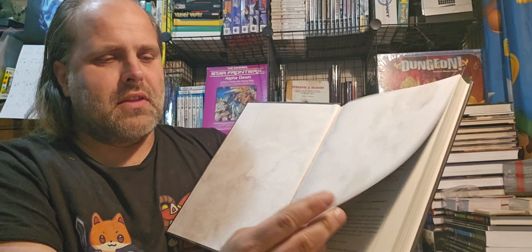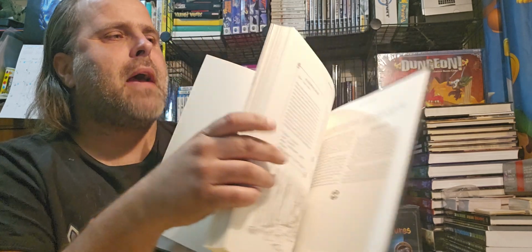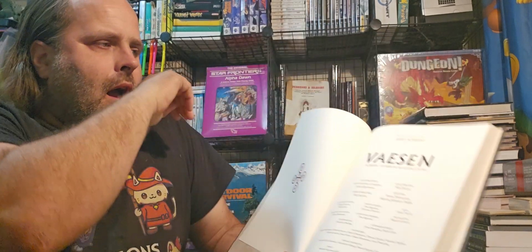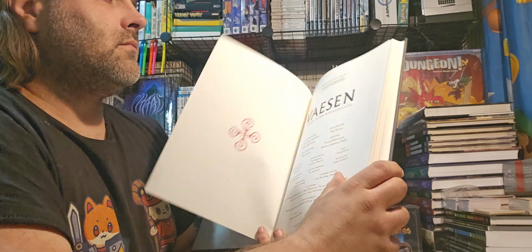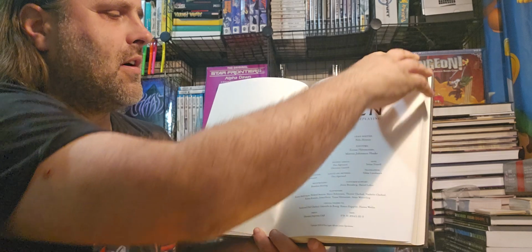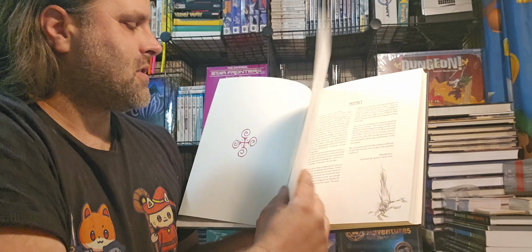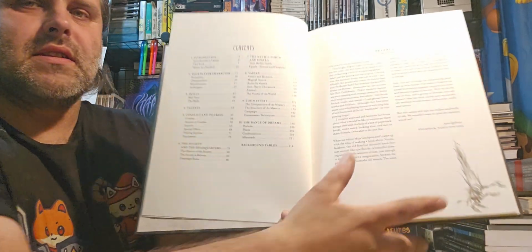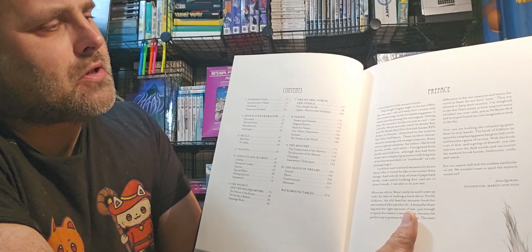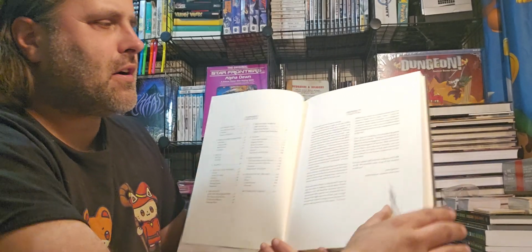endpaper section. Personally, I feel that this is kind of wasted. There should be quick reference rules for players in the front here, and in the back there should be quick reference rules for the game master. But yeah, this is the title page with the credits for the game designers and everyone that worked on this project, as well as the playtesters. Then you have the credits. The credit page is moderately, let's just say it's okay. Yeah, it could be a little bit bigger and there could be a little more detail in there, but the